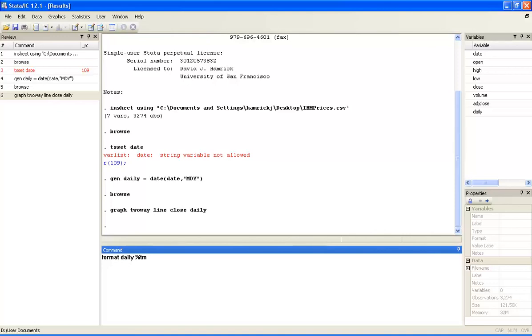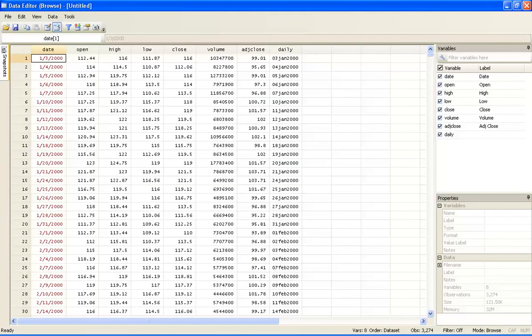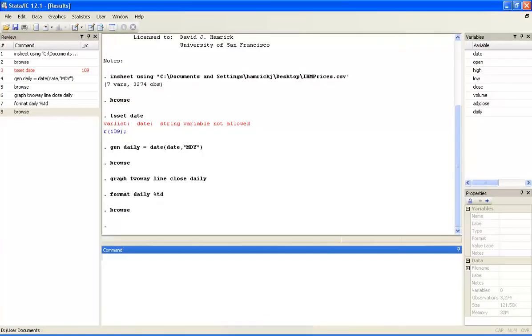So we can convert the variable daily, which has these weird values of 14,000, 15,000, 16,000, and so on and so forth, into something that makes a little bit more sense to us. So I'm going to go on ahead and convert that to %TD, and let's take a look at it by using browse to see what happened. Now I've got, instead of 14,612 or whatever it was before, January the 3rd, 2000, which is the same thing as we've got over here. So now when I step over here to redo that time series plot,